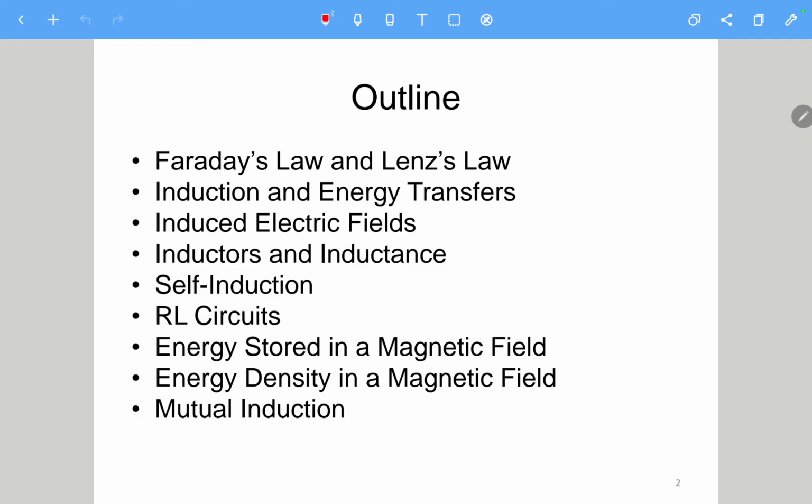And then we will talk about inductors and inductance, which is the third circuit element we will learn. We already learned the capacitor and also the resistor. So in this chapter, we will also learn the inductor. In the coming two chapters, chapter 27 and chapter 31, we will learn